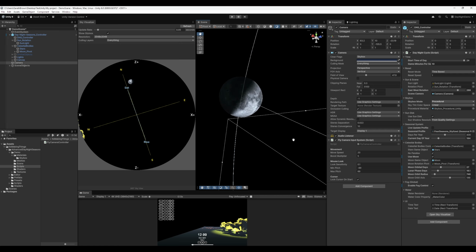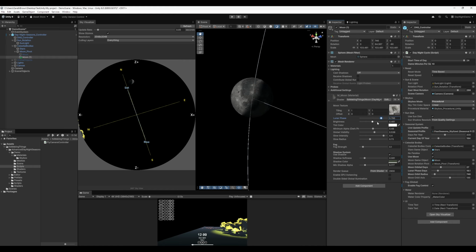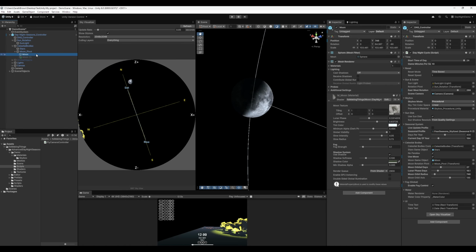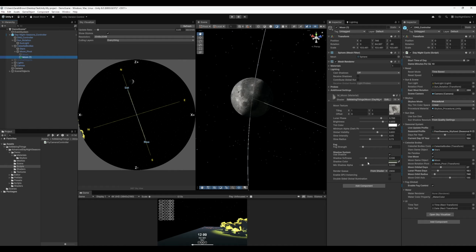We can customize the moon's appearance in the material. Properties controlled by the seasonal profile cannot be changed here, but you can simply duplicate the moon and adjust the values on the copy, which gives you full control. The minimum alpha sliders affect transparency, which can help the moon to really blend into the sky in a realistic way, while blocking stars. But if the moon is visible during the day and produces an eclipse, you will see the sun through the moon because the sun disk is actually part of the sky. You can disable the moon's visibility during the day in the seasonal profile, which we'll see in the next section.